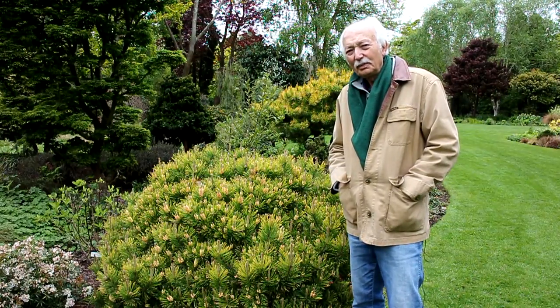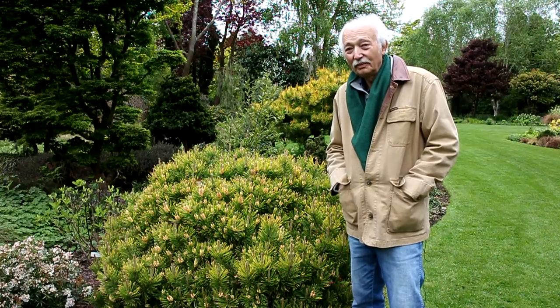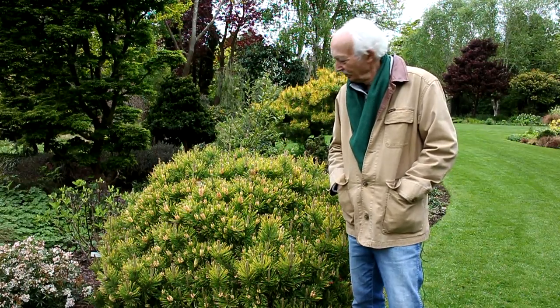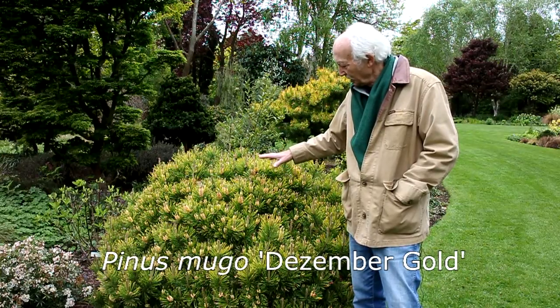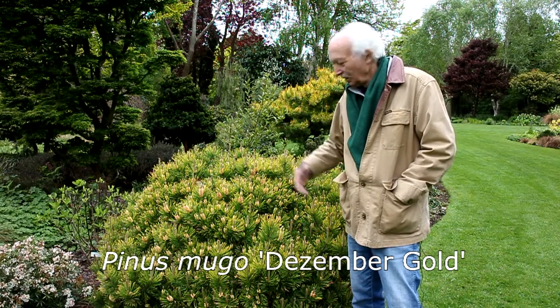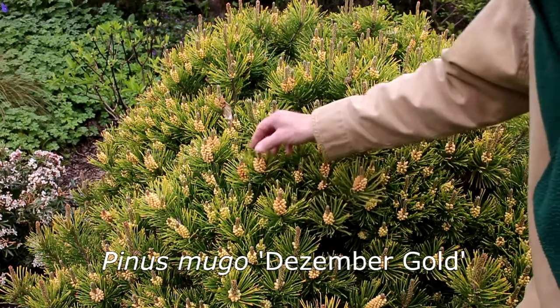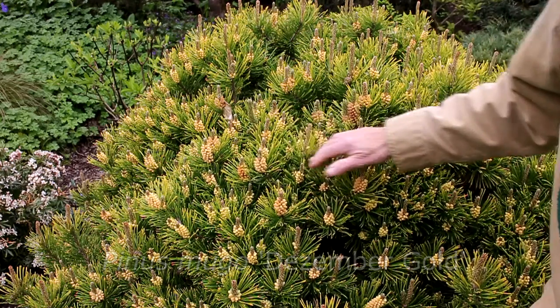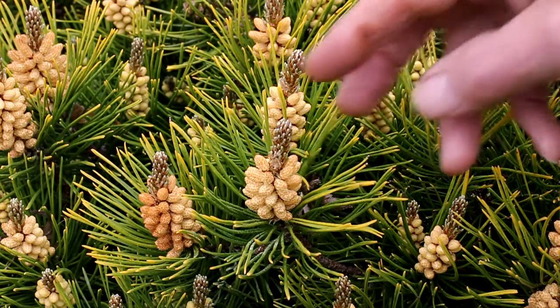I doubt many people know actually that conifers flower, or many conifers flower in fact, and some of them are quite showy. How about this? This is a pine that's probably about 30 years old, and it's gold in the winter, but at this time of the year on an older plant you get all these little flowers. These are the male flowers, and that's quite a showy change as the new little needles start to appear